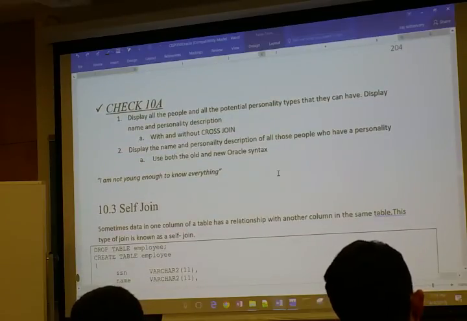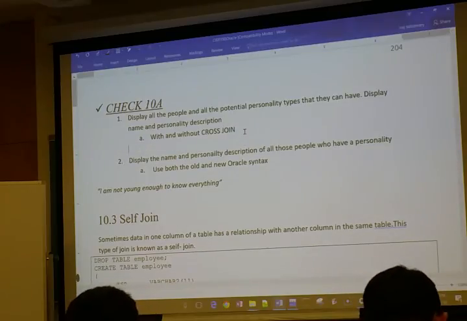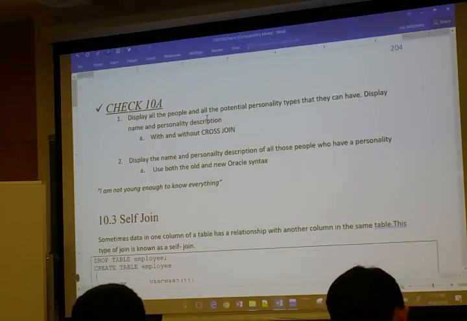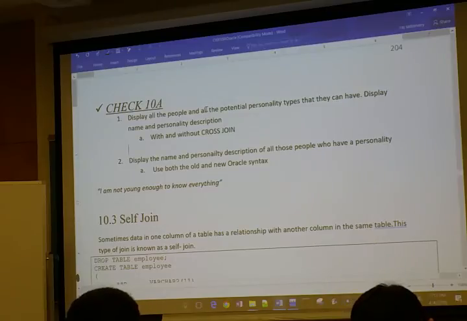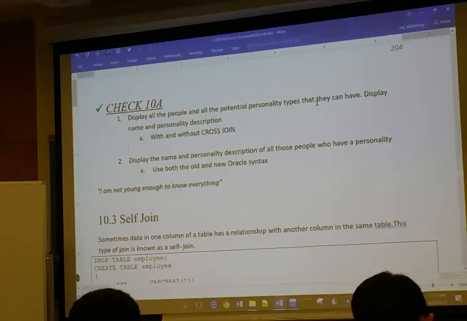All right, so let's find out how we do this. Okay, so display all the people and all the potential personality types that they can have. And display name and the personality description. Okay, so what do you think? So let's just go ahead and